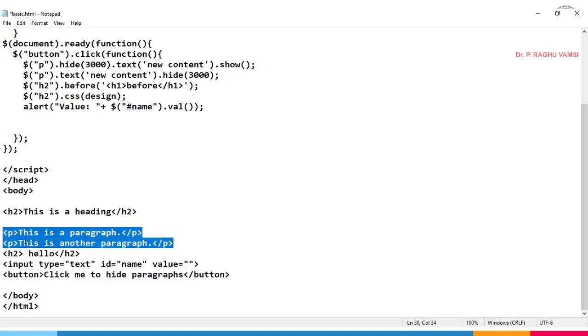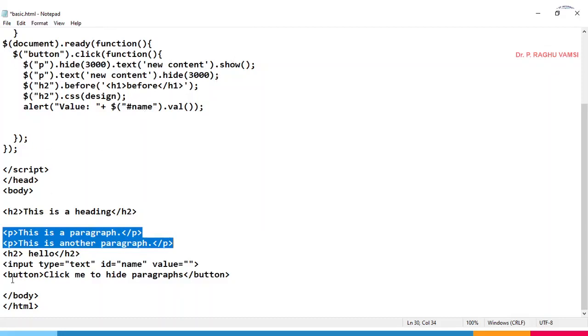Whatever you write in the paragraph content will be hidden. And text new content, that new content will be introduced here, and dot show. Now paragraph dot text new content hide, that will be hidden for this much time.